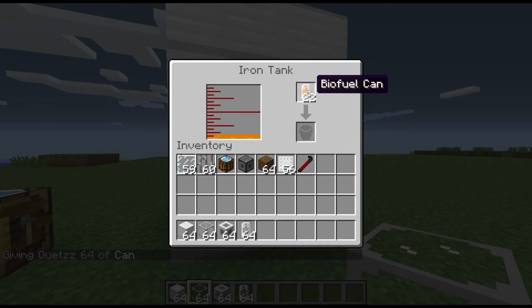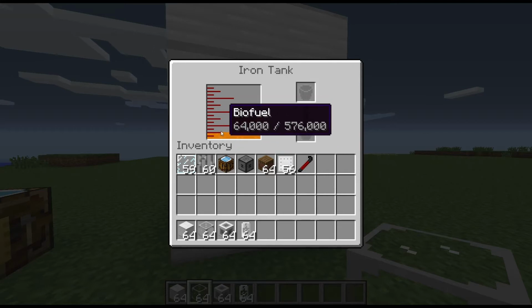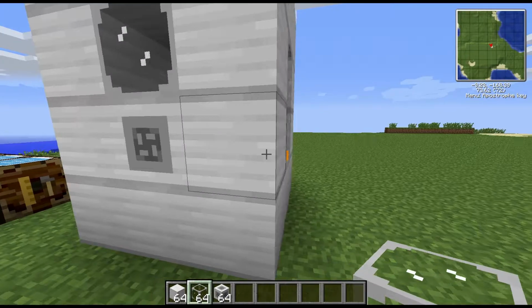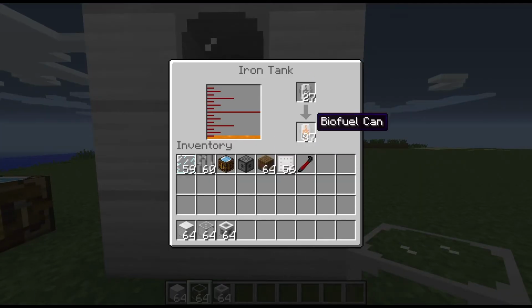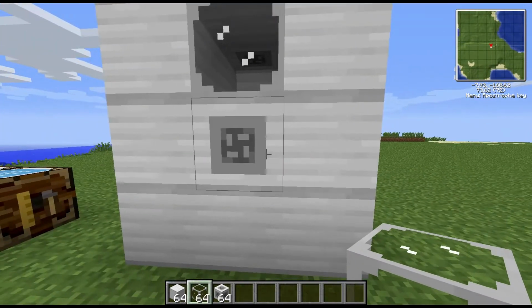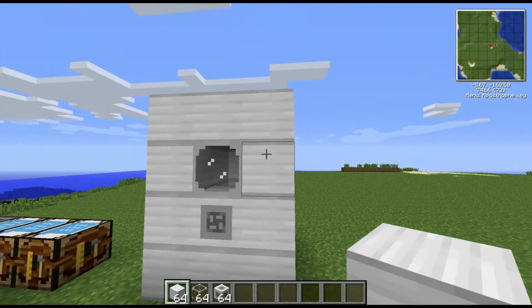So we've got, as you see there, each can is 1,000 units, so you can look at it and instantly see how much you've got. Now you can refill from this as well, which you might find useful, particularly if you're going to have a storage tank of, say, biomass and lava. If you wanted to just have some cans to run around with a biogas engine to use on the odd occasion, you could do. Now, as I said, these tanks will stack, and they will also go up to 8